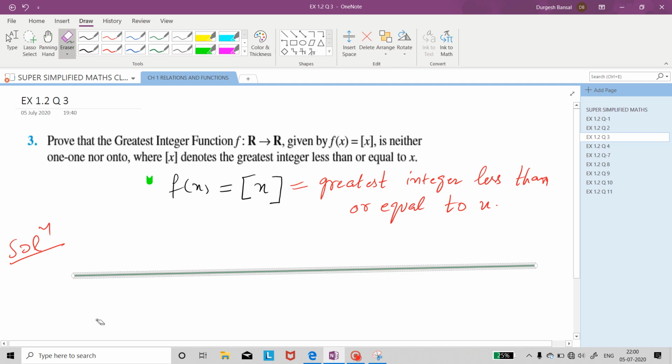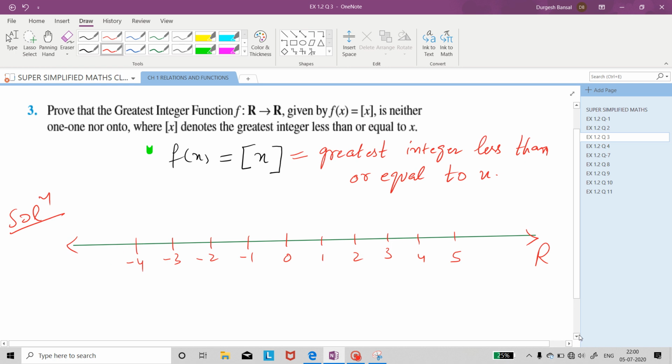This line is the number line: 0, 1, 2 and so on. I am marking a few numbers on it, and it goes infinitely in both directions. This is the real line. Now what is the operation done by the greatest integer function? Suppose I take any number on